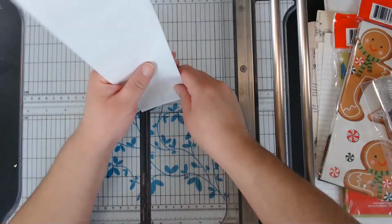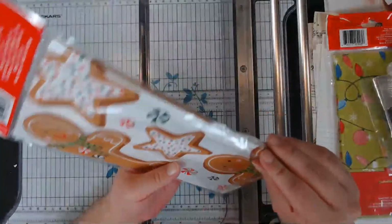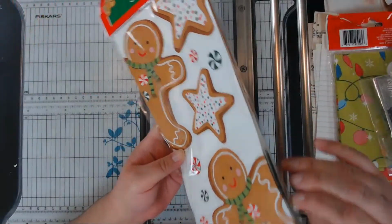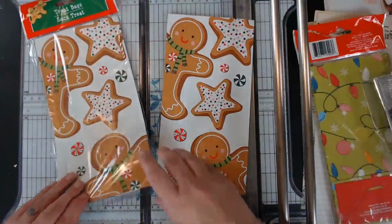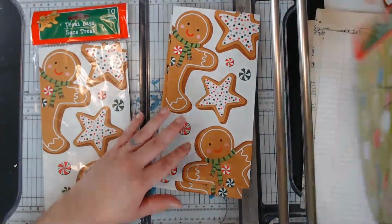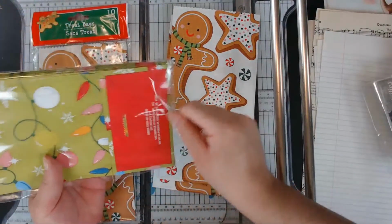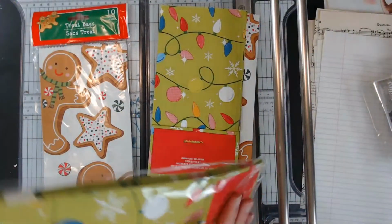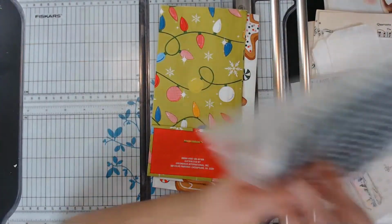So let me cut these little, oh wait, I do this with the punch. Sorry. That's right, I don't need my paper cutter no more. But I do need to open these treat bags. So I got these from Dollar Tree, y'all. And I think I'm gonna put 2 gingerbreads in here. And then the middle signature will have one of these light bulb ones. They're cute. Okay, so 3 signatures, 3 treat bags, 3 of those, and then